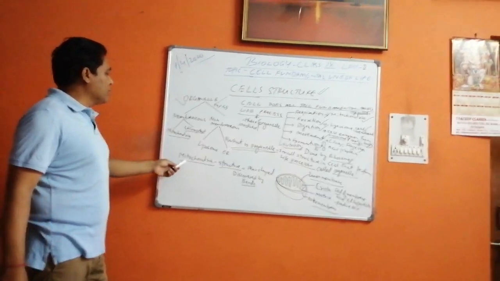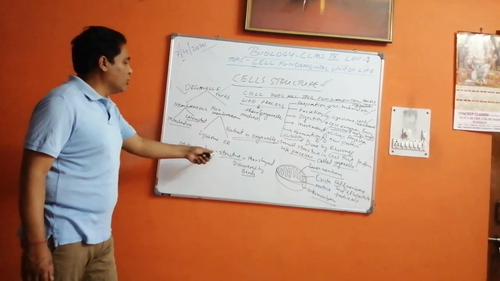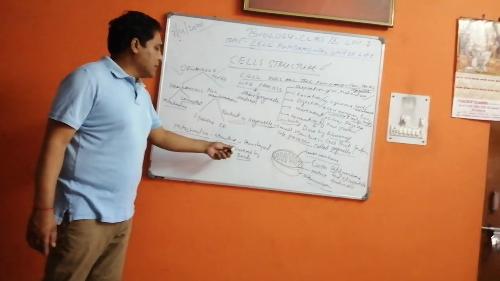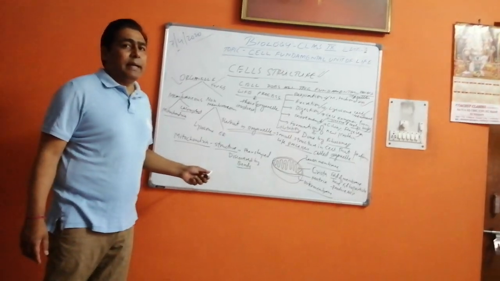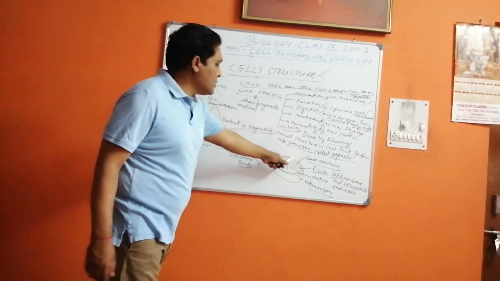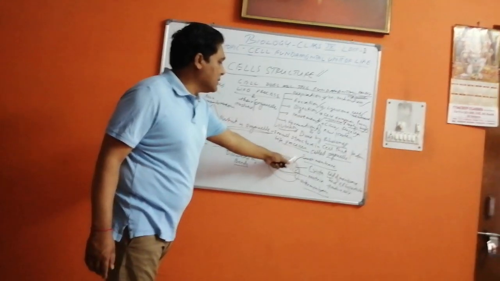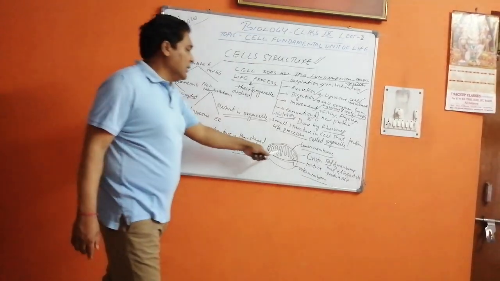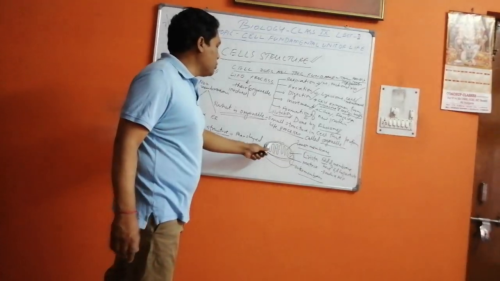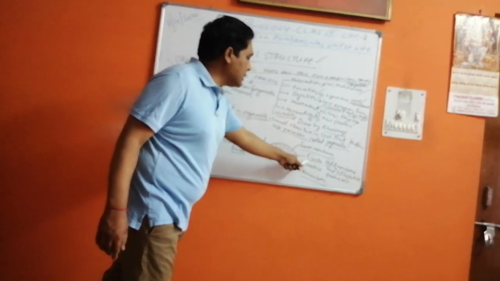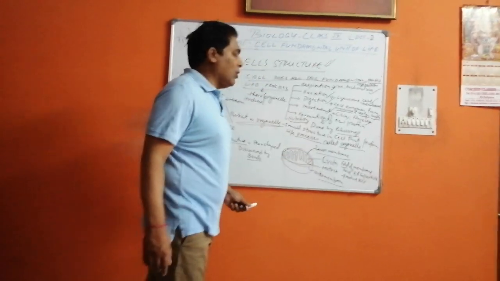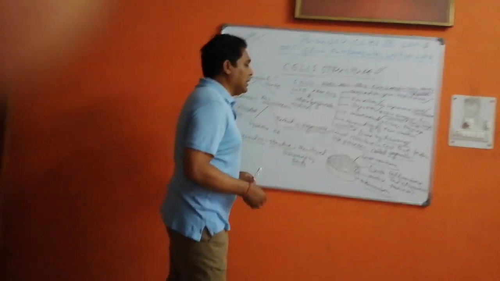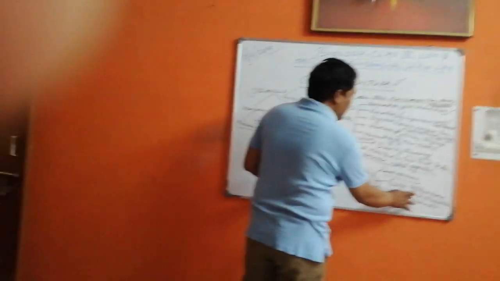Now children, the next thing is mitochondria. Mitochondria is a pear-shaped structure and it was discovered by Benda. Now it contains two membranes. The outer membrane is this one which is covering the mitochondria, and there is an inner membrane which also makes folds. Now these folds are known as cristae or crista. Now there is a matrix which contains all the materials which are required for the